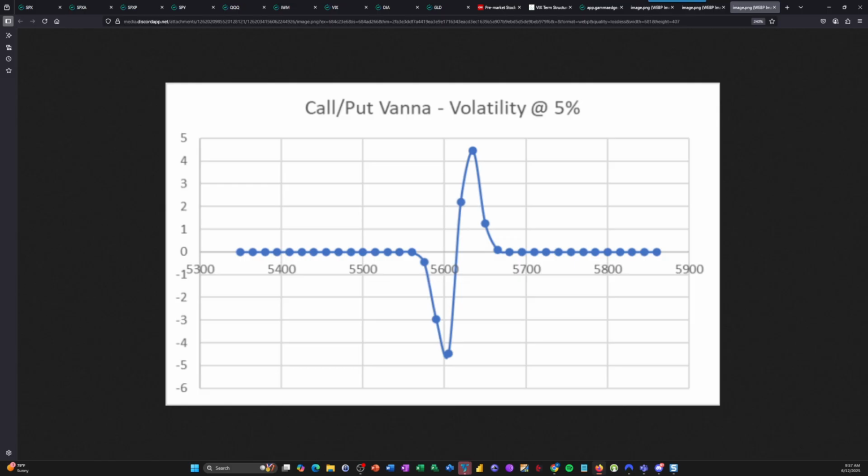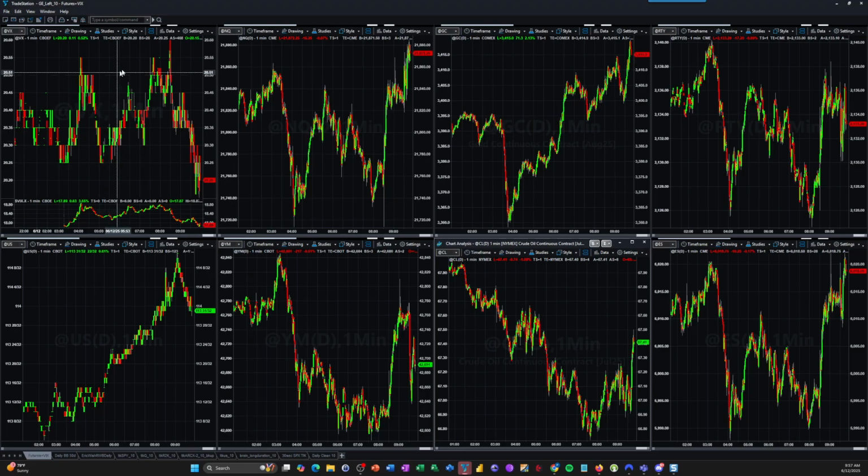So we talked about there were 4 criteria, right? The criteria are that we want to see effectively, let's go back to TradeStation here, a decrease in volatility. And what we want to see is through vol M, and I'm going to call vol M here in a second, that we have calls going into the structure and puts coming out of the structure. Now we'll get to that part here shortly, but let's go back to this picture